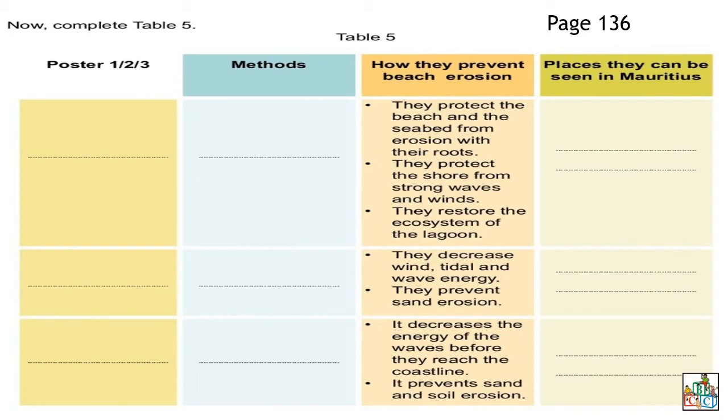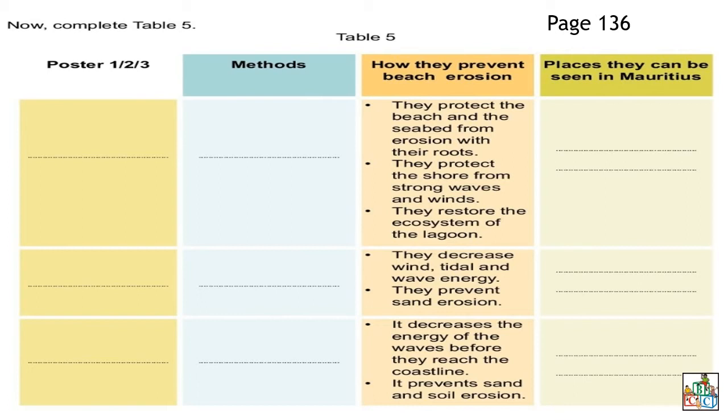So this one is what? They decrease wind, tidal and wave energy. This is, we are talking about rock revetment. So you're going to see which number it is on your poster, and you're going to find out the places that can be seen in Mauritius. Rock revetment, the third one,